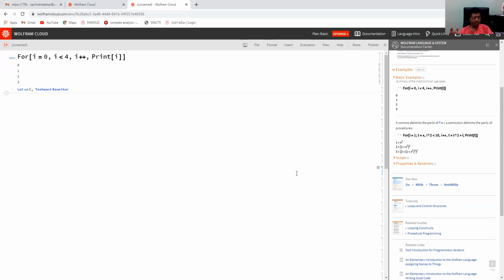In the for loop we know how many steps we have to perform. This is a predefined thing. But in some cases it is not possible. For example, if you are writing a program for the bisection method in numerical analysis. In that method you are finding the root of some function.